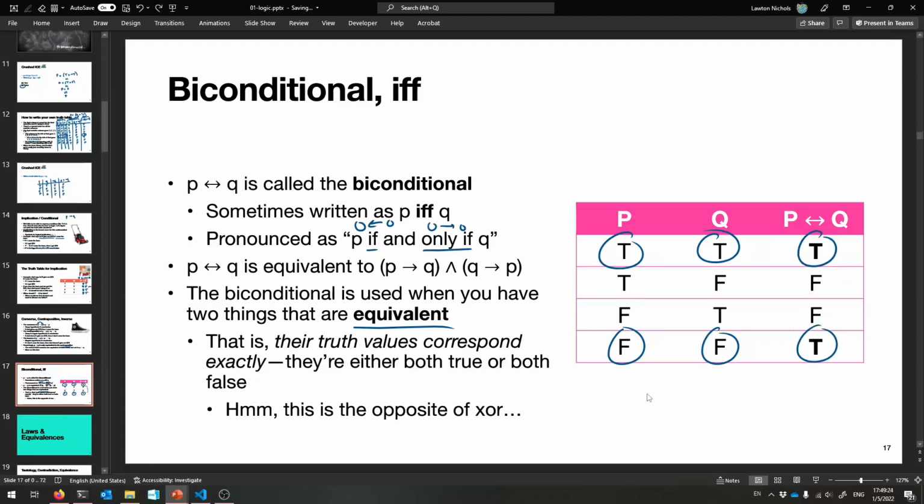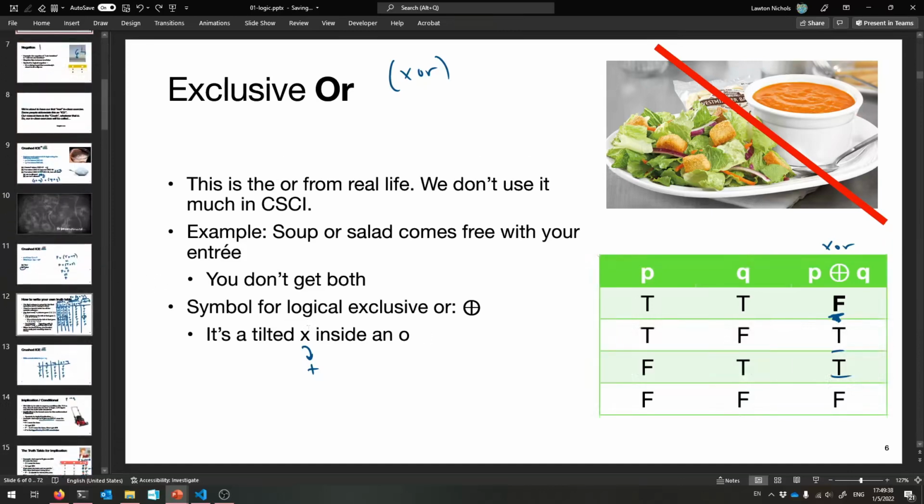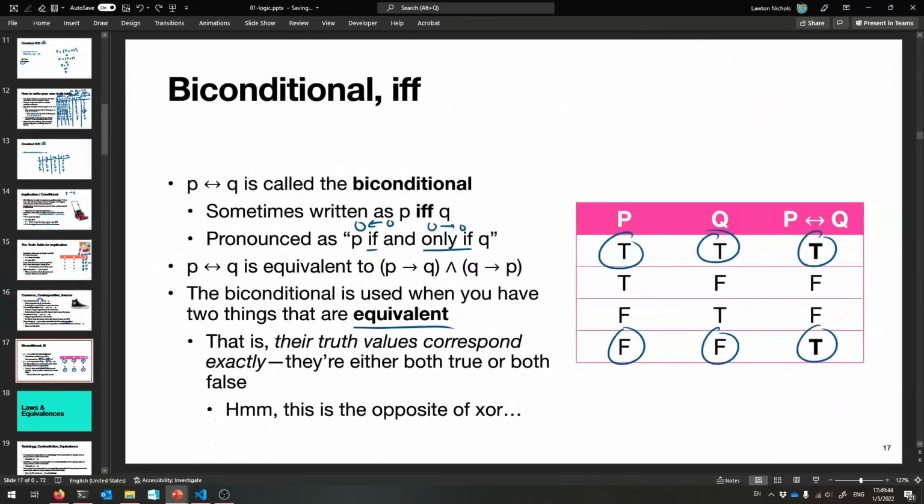And that might remind you of exclusive or. It's the opposite of exclusive or, isn't it? Because exclusive or, if we go back to it, that was true only when they differed. False otherwise. False when they were the same. The biconditional, if and only if, that's true when they agree, and false when they differ. So it's the opposite. So P, if and only if Q, is equivalent to the negation of P XOR Q. P exclusive OR with Q. Isn't that neat? So that's just another thing that we can have under our tool belt, and